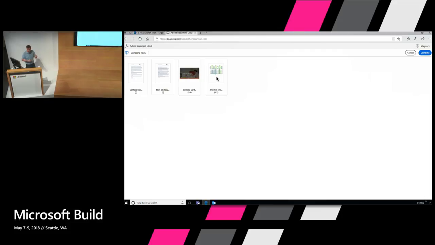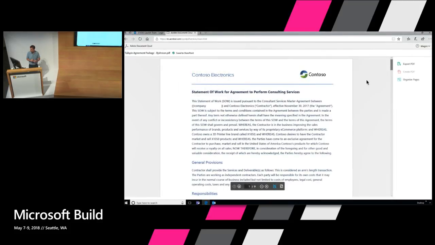Here we have Megan using our integration of Adobe Document Cloud into SharePoint. She took a set of files within SharePoint, brought them into the Document Cloud such that she could create a new contract packet. Things that could include content regarding the product itself, a non-disclosure agreement, as well as a document for signing itself. And she can go through and take multiple documents together, move them around page by page, make changes, and save that back to a new templated document within SharePoint. So if we click Combine here, we see a preview of this document. And this has been saved, subtly here up in the top left, back to SharePoint.